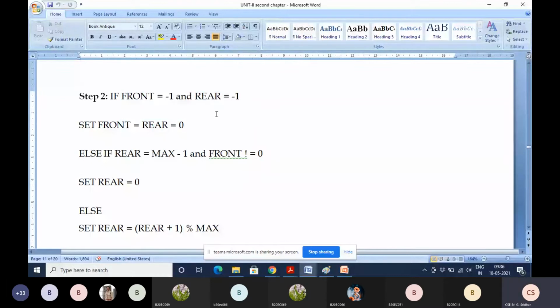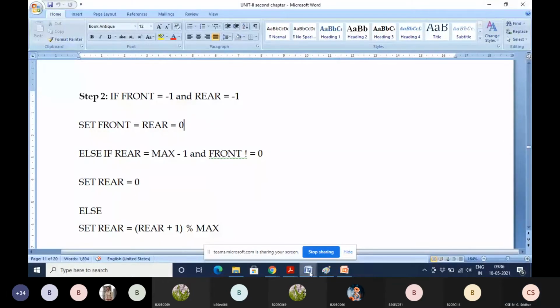Now you want to insert an element. If front and rear both point to -1, the circular queue is empty. What do you have to do in that case? You set front and rear to the 0th position of the circular queue.